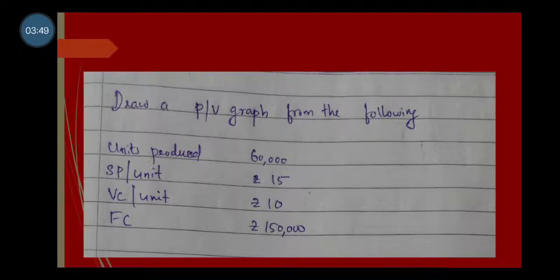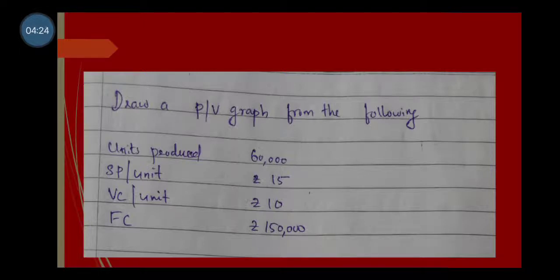When we draw the profit line, the break-even point is where the profit line cuts the horizontal sales line. The break-even point is where the profit line cuts the horizontal sales line. So the profit line is drawn from the maximum level of profit to your fixed cost. Where that line cuts your sales line, that is the break-even point.